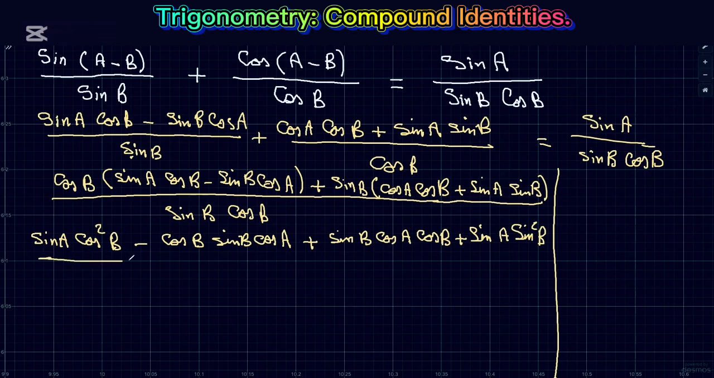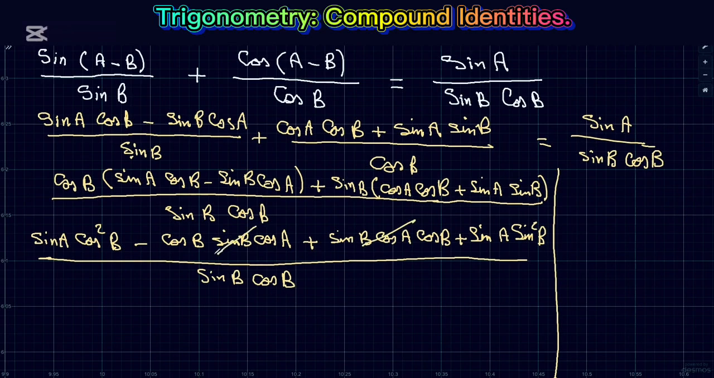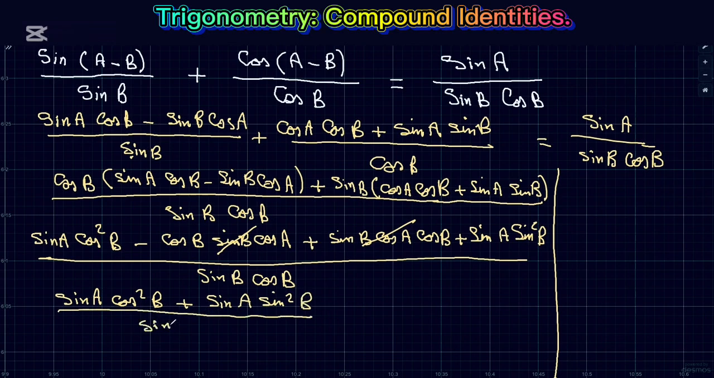And all of that all over sine B cos B. Now this is cos B sine B cos A, and this is sine B cos A cos B. It's the same thing, just written in a different order. So we could cancel these. And what we're left with here is sine A cos squared B plus sine A sine squared B all over sine B cos B,